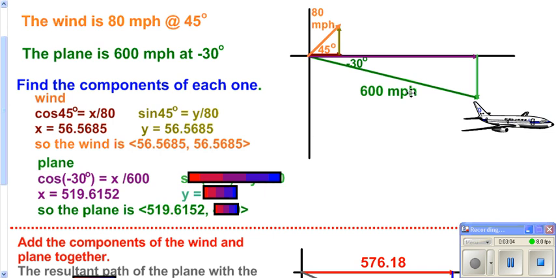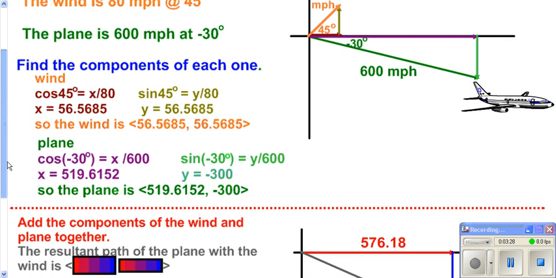And now we need to go ahead and figure out the vertical, which is the light green, going up and down. So that's opposite. So we use sine of our angle equals opposite over hypotenuse. And then we get this for our opposite side. So we know we have this. Well, what you really want to do then